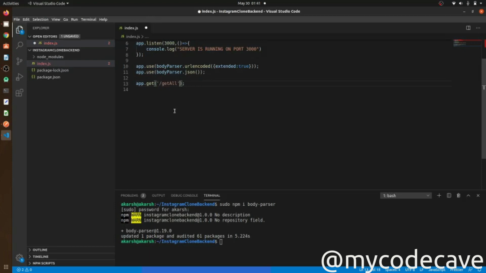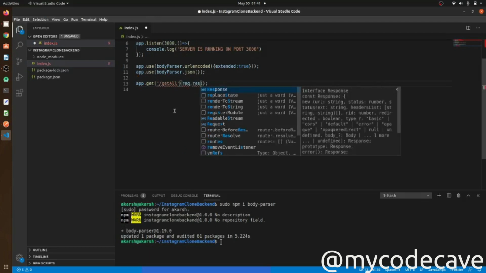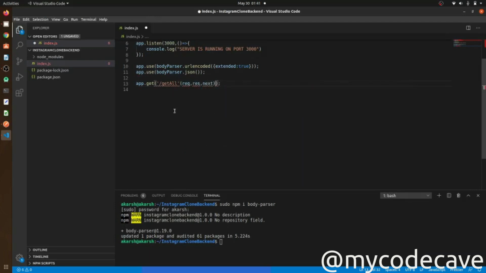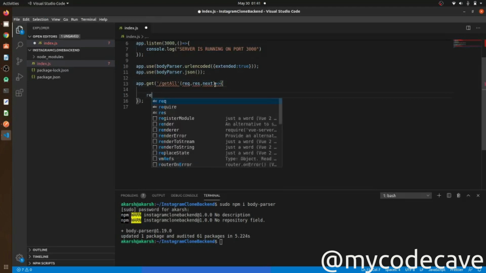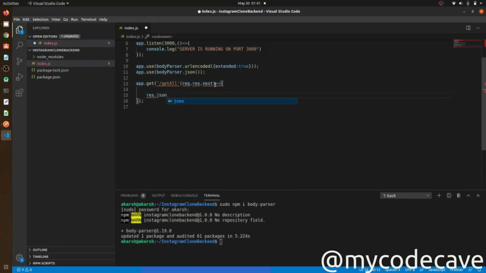It will show all the data, and it takes request, response, next. It will be an arrow function as I am using that, and the response will be in JSON format. It will show all the things in JSON format.